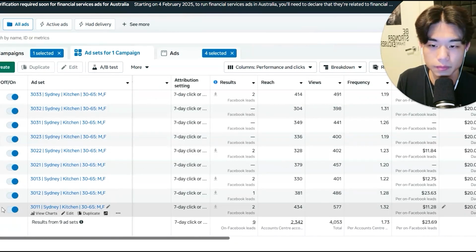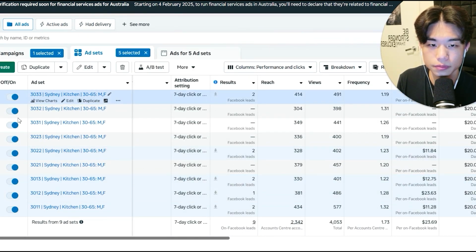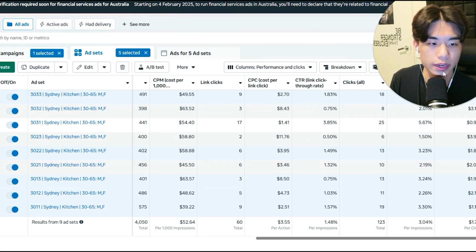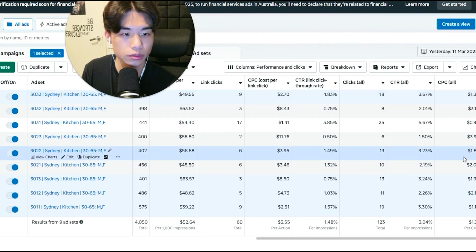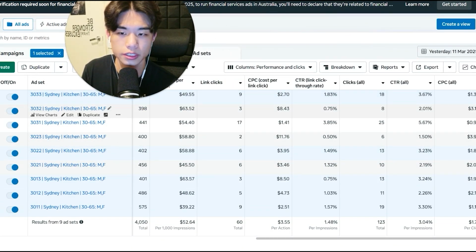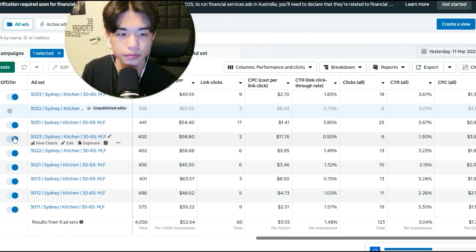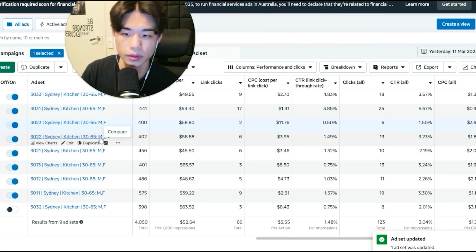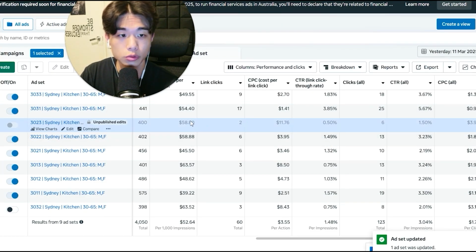But basically, we're just going to go back, select all the ones that were getting results. And we're basically going to turn off the ones that have the highest CPC first of all. So these two, that one's $4, that's $3.16. We're going to turn that one off. And we're going to turn that one off too. All right. One, that's going to save us money, and